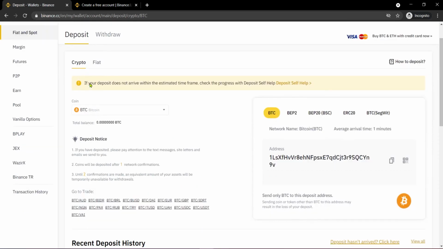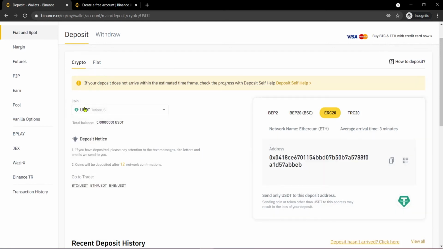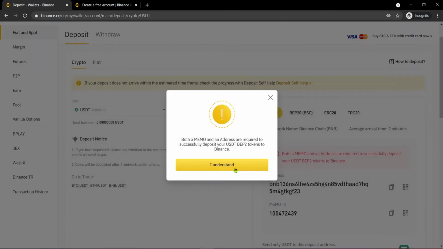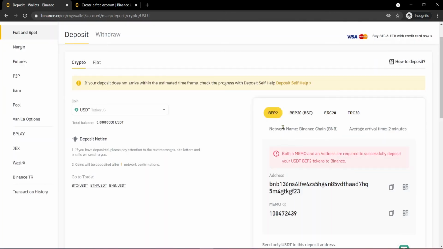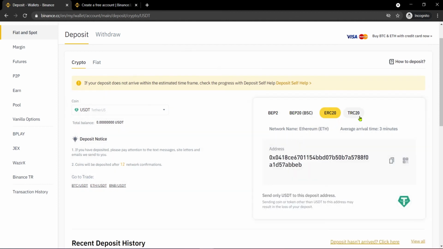In the crypto tab, first you need to select the coin. You can select all of the coins that are available on Binance. The most famous coin I'll talk to you about is Tether. If you press on Tether, you have four options. One is TRC20, one is ERC20, one is BEP2, one is BEP20. Both of the BEP options are based on the Binance network chain, and ERC20 is based on the Ethereum network, and TRC20 is